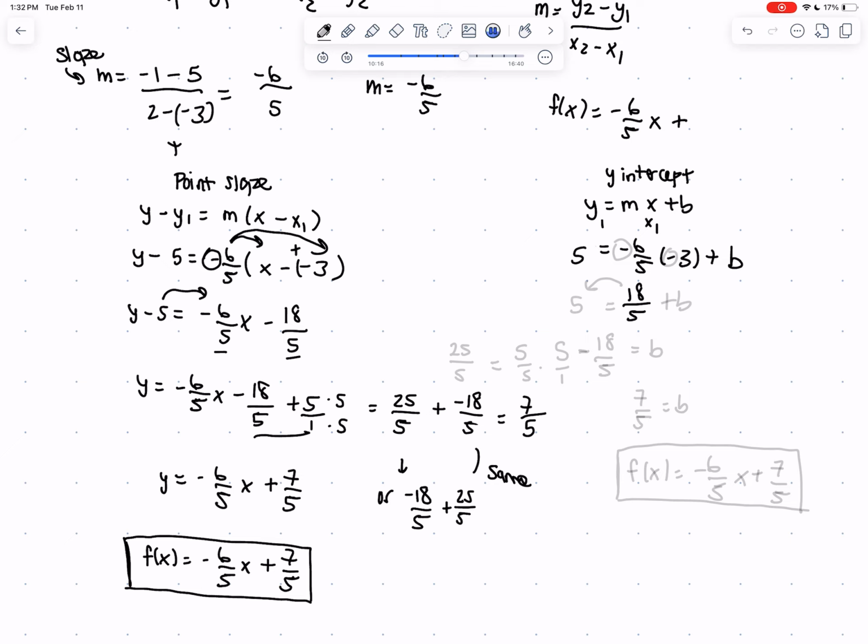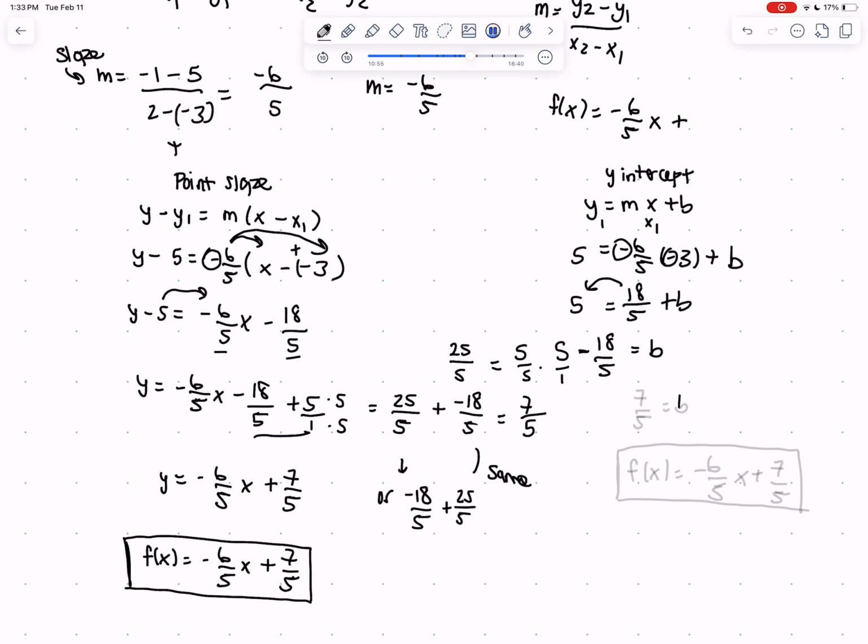Same thing, same math again. Because we have two negatives, they become positive. And then if I want to get b by itself, I have to move the 18 over 5 over, changing the sign. And if you notice, we have the same math that we had in the point slope form. So make it over 1, times it by 5, 25 over 5,